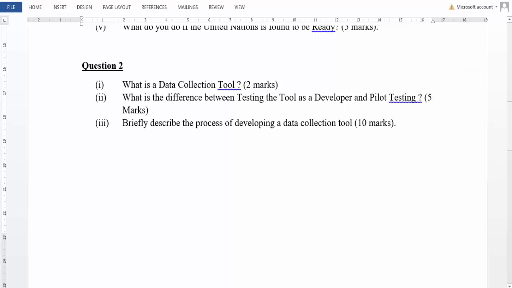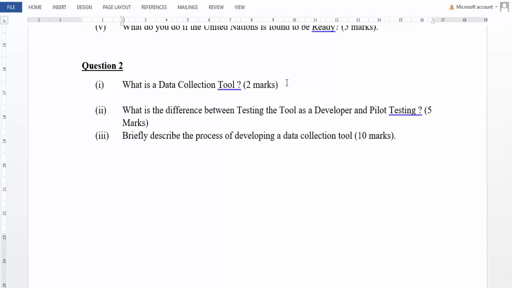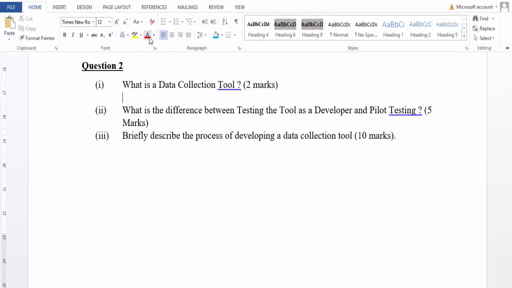What is a data collection tool? So if you've noticed, this data collection tool is worth 2 marks, okay? This is the first question of question 2. So now when you see a question that is worth 2 marks, you don't need to write extensively, okay? It's not really necessary because all they are asking is just a basic explanation. So the way I would answer this is as simple as possible, okay? So maybe let me just type something, and I won't do the typing on all the questions, but because I know this is something I can easily answer, I would say that